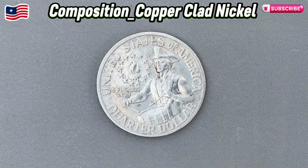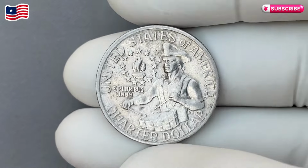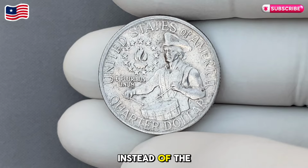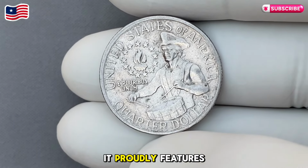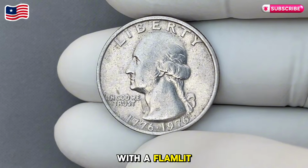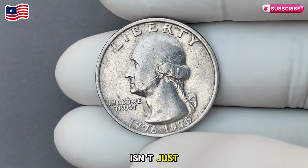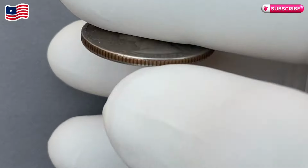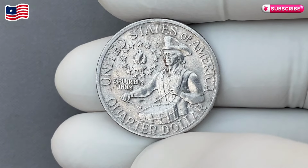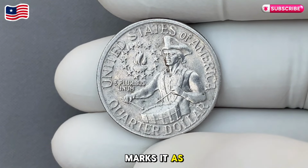This special quarter isn't just any coin. It was minted to celebrate the 200th birthday of the United States, the bicentennial. Instead of the usual eagle on the back, it proudly features a colonial drummer boy, standing at attention with a flame-lit torch of victory above him. That bold design isn't just patriotic, it's iconic. Underneath the word quarter, you'll notice the dual date, 1776 to 1976, a detail that marks it as part of